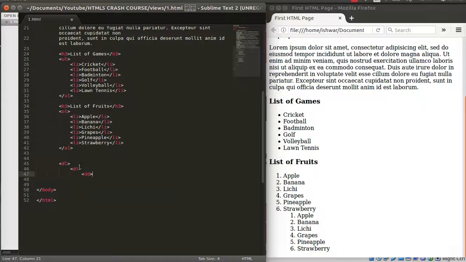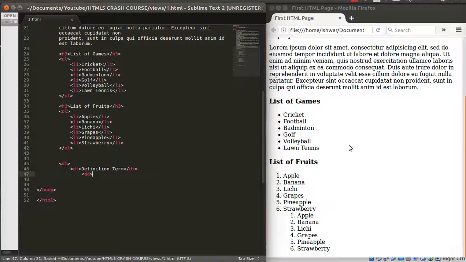Definition term means dt, and the definition description is all about the definition. So definition lists don't use bullets or numbers, instead they have two elements as I have mentioned. Definition term, this is nothing but the definition term, and we have to close it with dt,